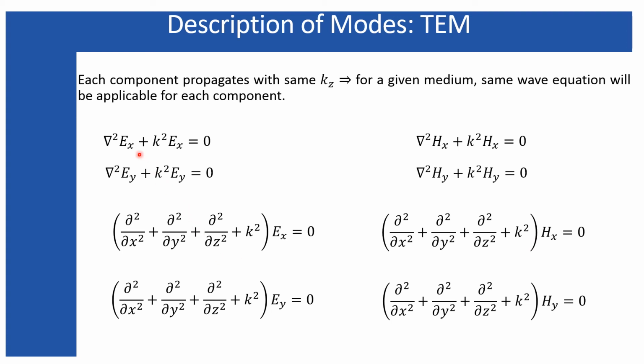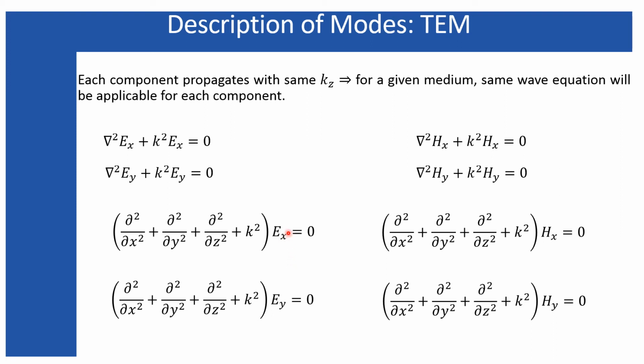And you can see from these expressions that in each and every equation I have used this k, because the electromagnetic wave is propagating through a particular medium, so each component must depend on the same k factor. Therefore, each equation includes the same k, and that is why I have used it here. Now, as we know, each of these components is propagating with the same speed and the same kz.